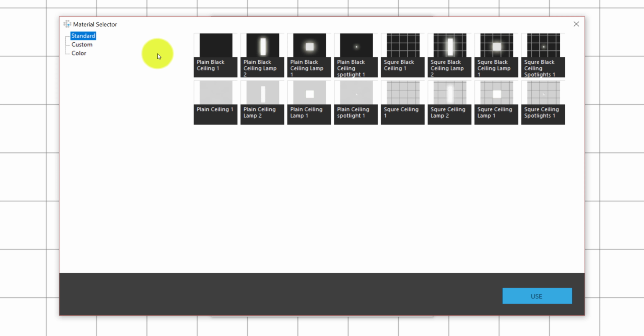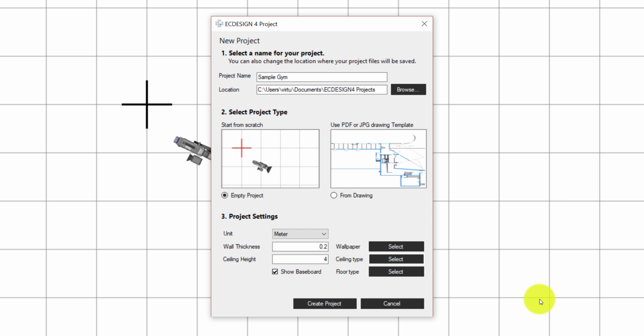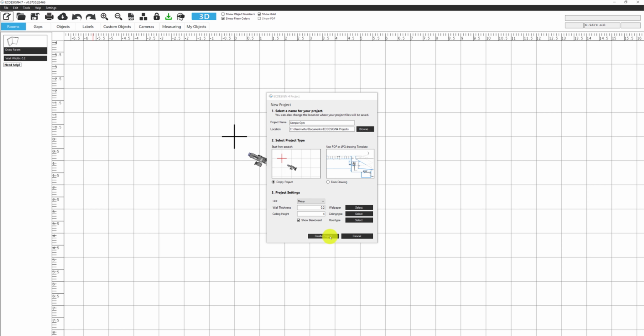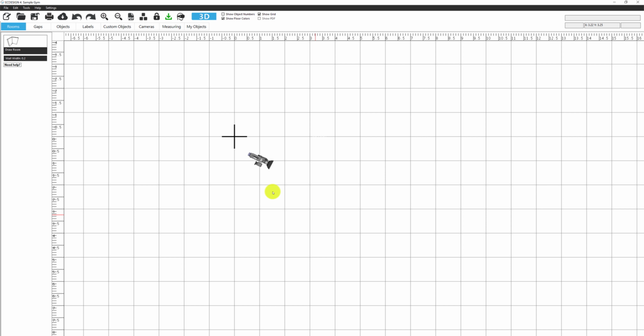Here we have some standard different ceilings. Some of them have lights built into them, but you can also use custom or colors. So let's pick one with just a square ceiling light built in and click use. Now we're ready to start our project, so I'm going to click create project, and we are now in the